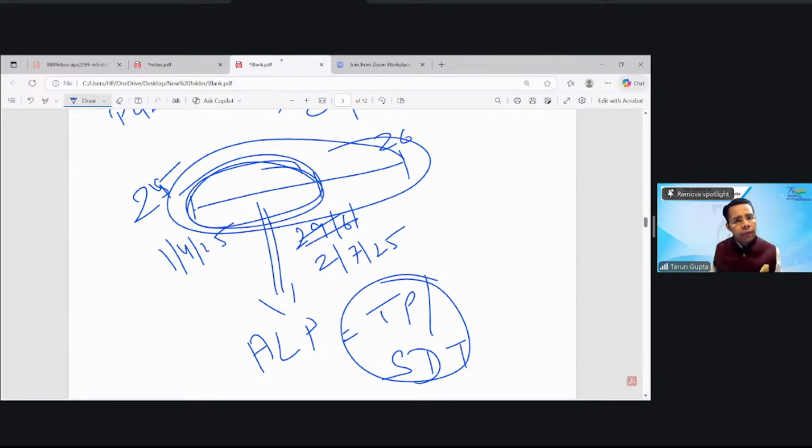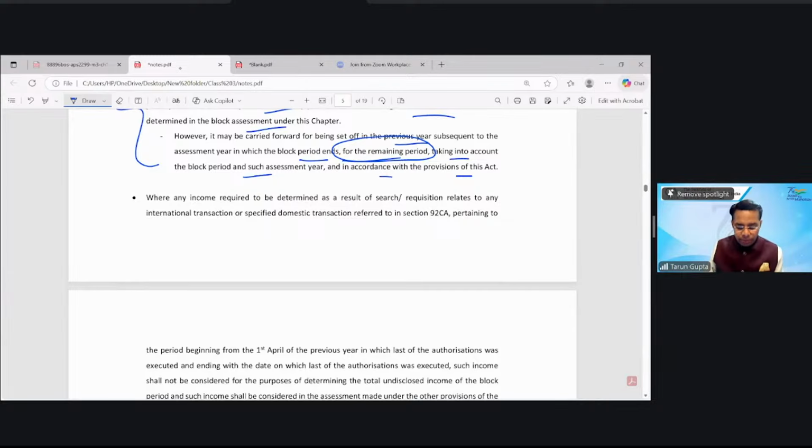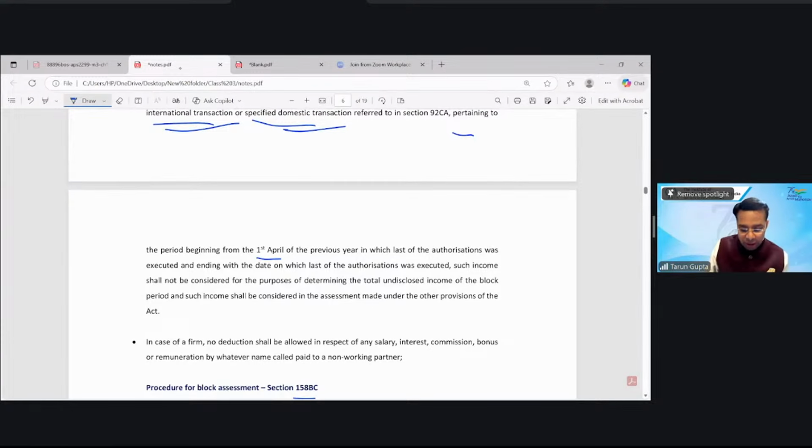It's not that they will leave you. For this transaction, they have created an exception and it will be assessed separately when the assessment for the current year happens, not as part of the block period. So it says, where any income required to be determined as a result of search or acquisition relates to any international transaction, IT, or specified domestic transaction, SDT, referred to in section 92CA, pertaining to the period beginning from 1st April of the previous year in which last